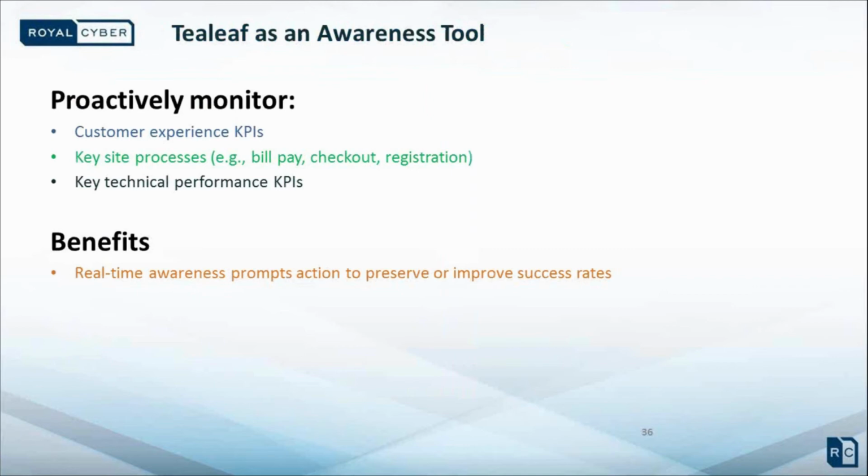Tealeaf is an awareness tool. Like we spoke about earlier, Tealeaf can help you with customer experience KPIs because of the default dashboards and scorecards that Tealeaf provides. You can check the key site processes like bill pay, checkout, registration, and key technical performance KPIs. Because of the already existing reports in Tealeaf, you can find out the loopholes, or if some feature of your website is not working perfectly or as expected, you could identify it using Tealeaf. The benefits would be real-time awareness